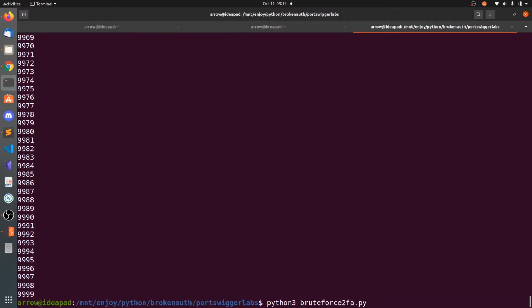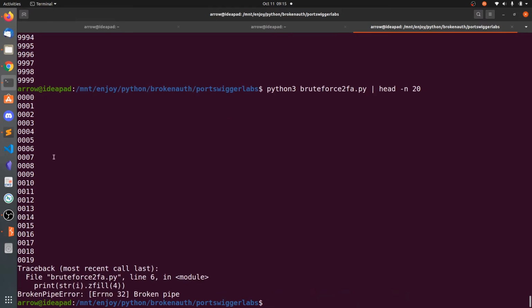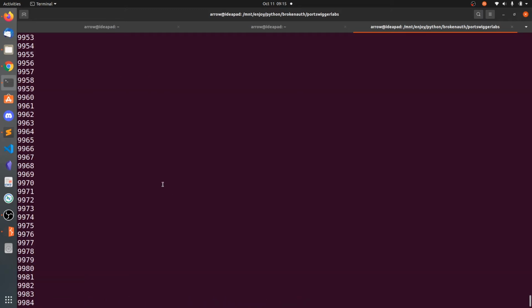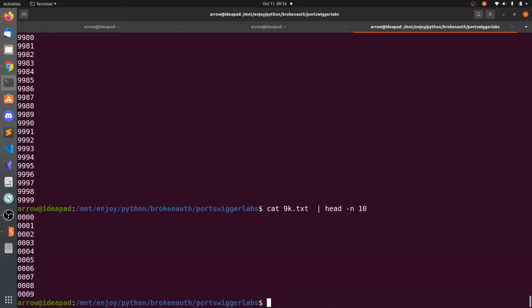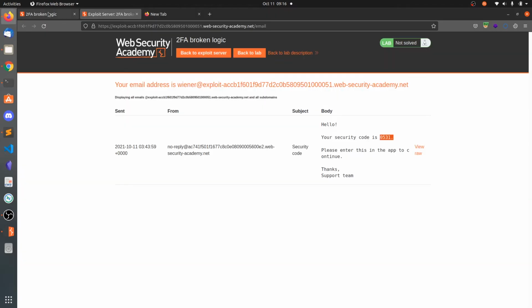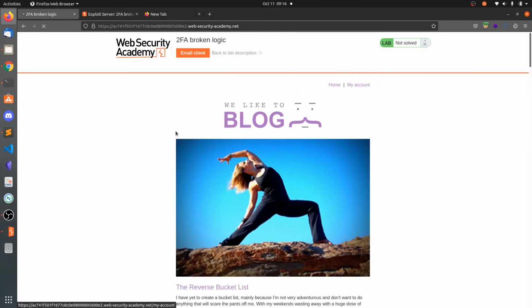So now you can see, let's get the starting 20 lines, and you can see here we are generating the numbers 0000, etc. So this is very good for OTP. So you can concatenate the output to the text file. So this is valid syntax for the OTP code for 4-digit numbers. Now what we're going to do is brute force this one.